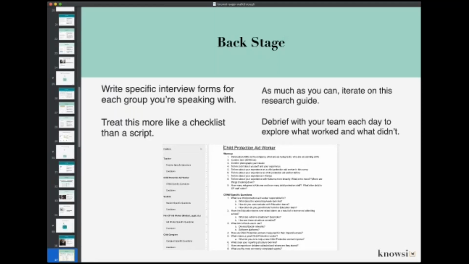It's fun. It's the thing that makes this kind of research fun for me personally, and hopefully for you guys too. And this won't always be the case for the research you're doing, especially if you have a specific protocol that you have to follow, or a specific survey that you're implementing. But iterating on the research guide after each day of research or each session of research tends to be a really strong way to build a better guide over the course of a particular project or program. So building some time at the end of the day to debrief is really central.